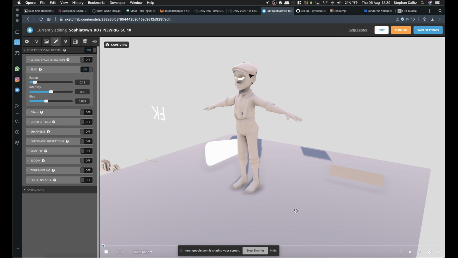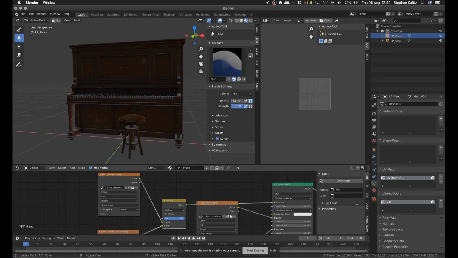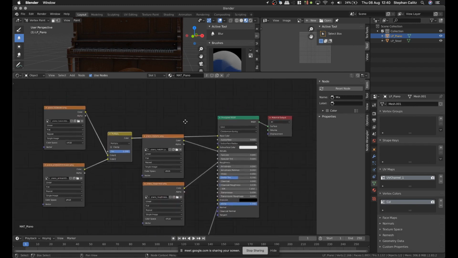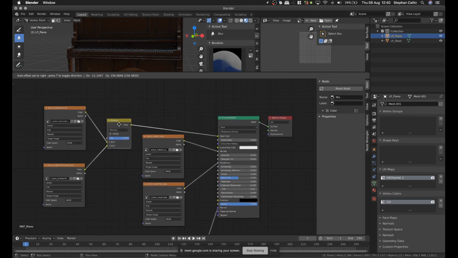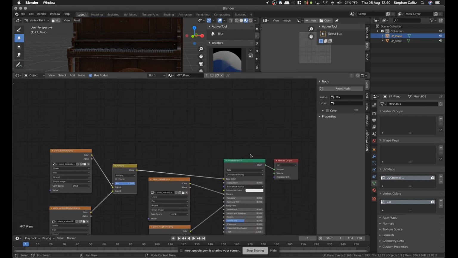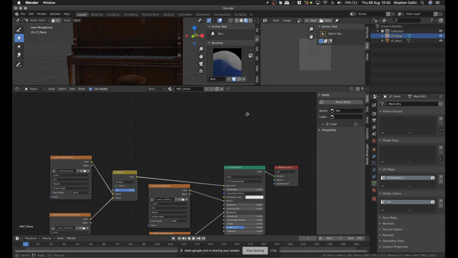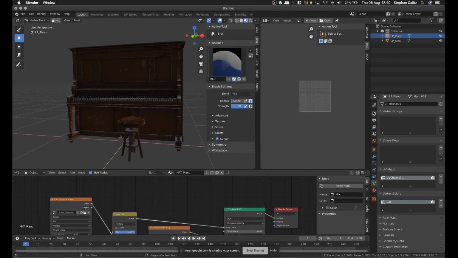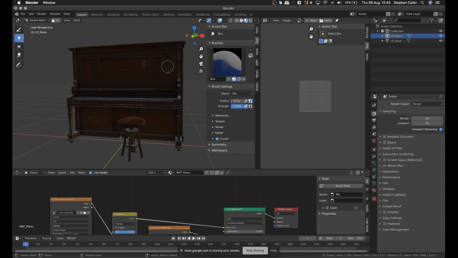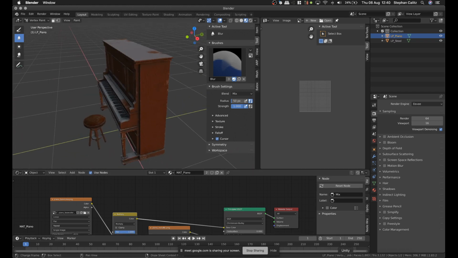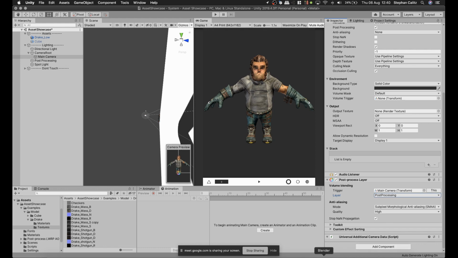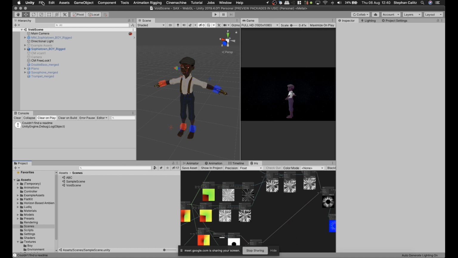You'd want to test it in a real-time engine at least. In Blender, sure, you can get away with combining your materials, and you can use the principled BSDF, and you can use Eevee to kind of preview what your real-time render looks like. But if you're doing it in Unity and you want to end up using this Unity asset, then the easiest way to do it now would be to just start a new project